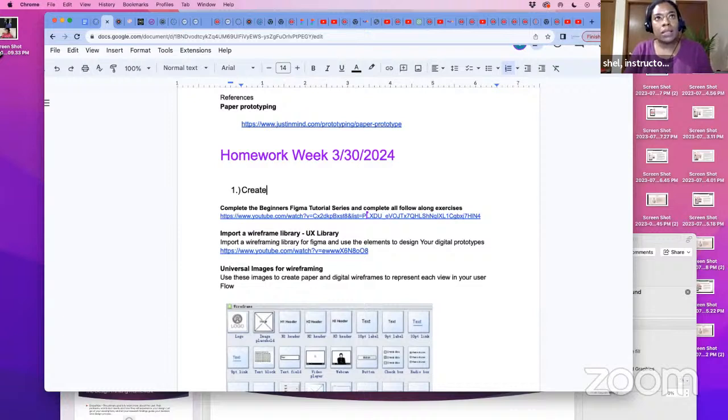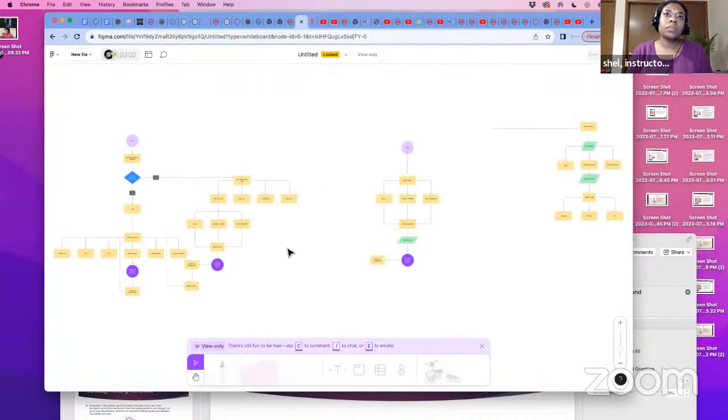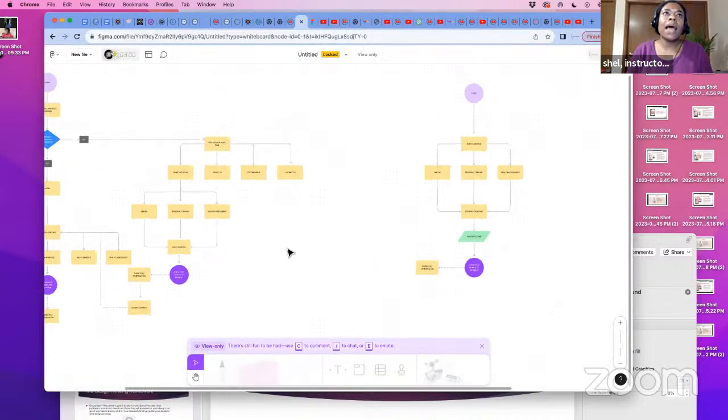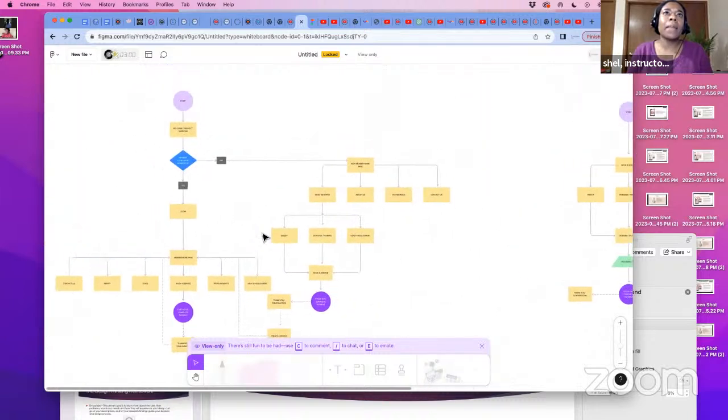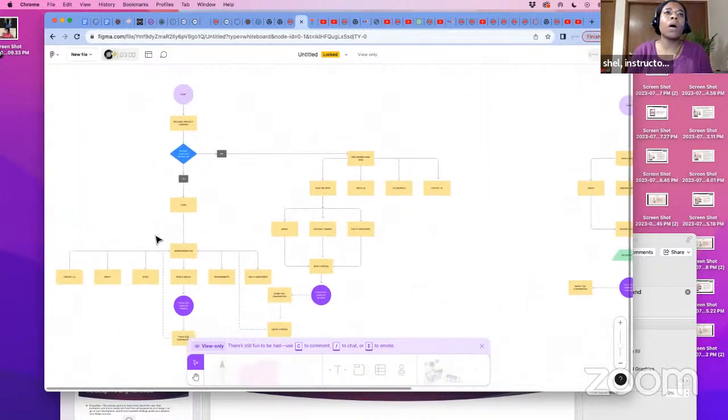You're going to create paper and digital workflows for each user path. Do you guys know what I mean when I say that? So going back to this example, right? You're going to have digital and paper workflows for the overall, top level workflow, and then